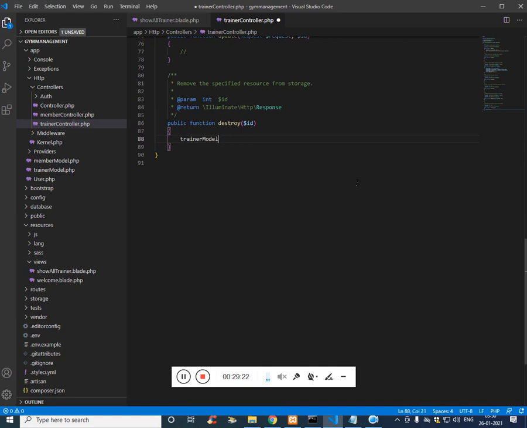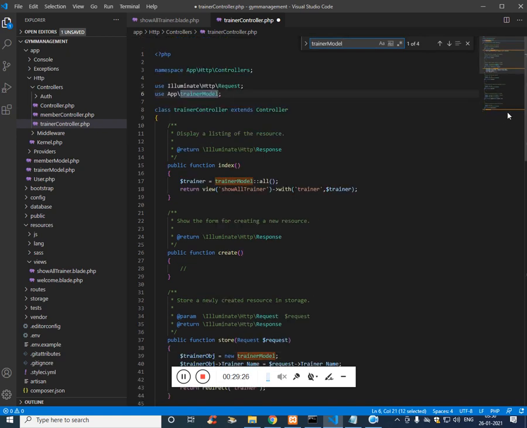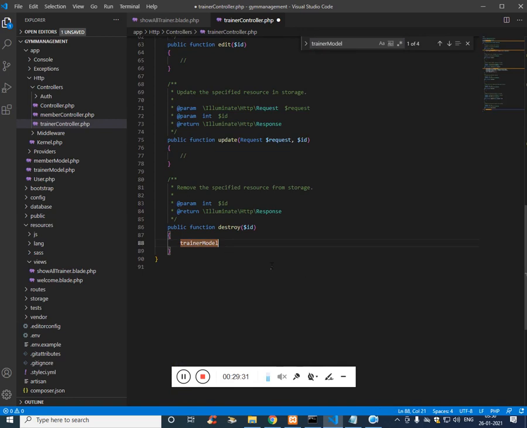This is the model, and the ID is passed through the URL. If you remember, we have passed the action ID, and then we'll receive this $trainer to delete.